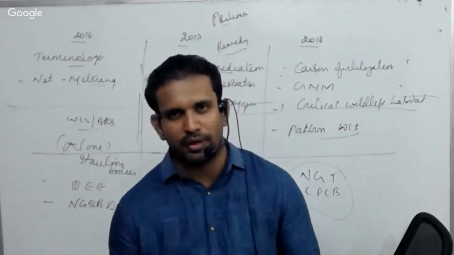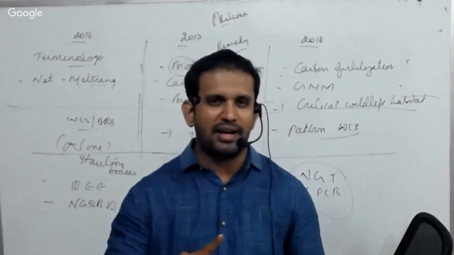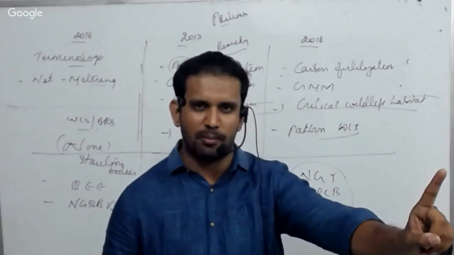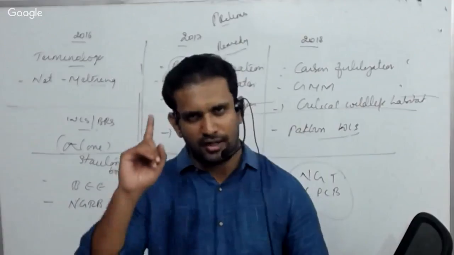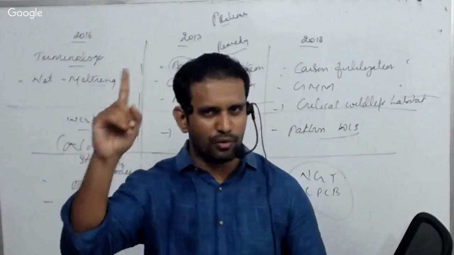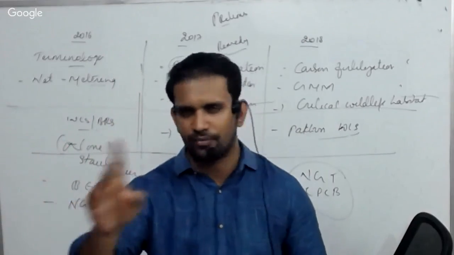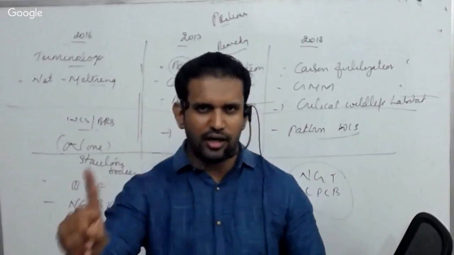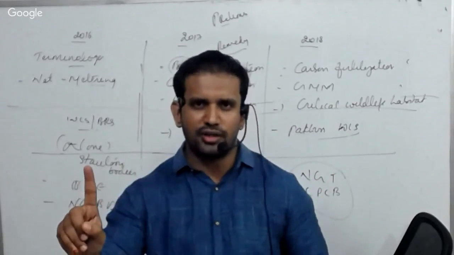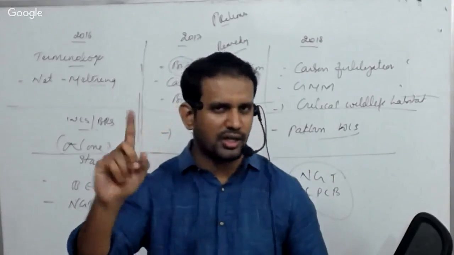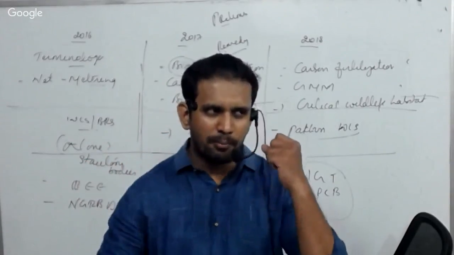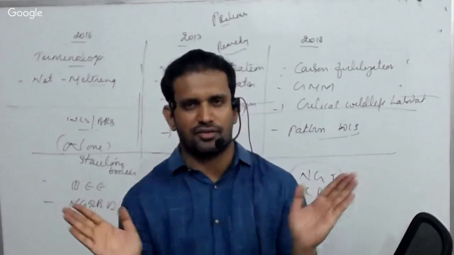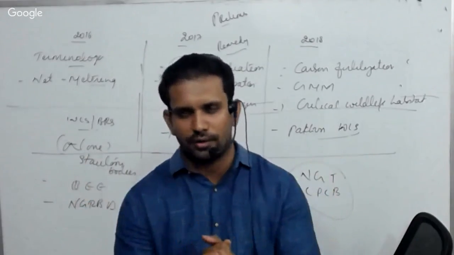That's why we need to properly manage them. Management means either you prevent the disaster, not letting the disaster happen, or, if you are not able to stop it, you try to reduce the impact of the disaster. Two things only you can do in management: prevent it or reduce the impact. Reducing the impact has a terminology called mitigation. Prevent the disaster or mitigate the disaster, that is all you can do in disaster management. Apart from that, you cannot do anything.